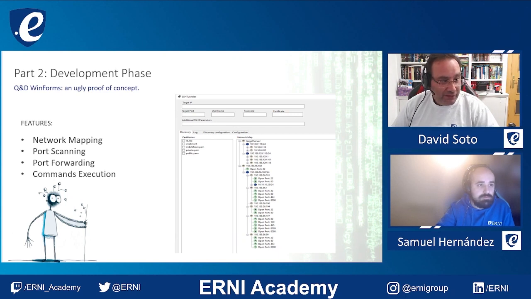The second one is I want to make the port forwarding easy. So I want to click on a port and say, hey, this port, I want to map it to this machine. And this port, of course. And the last and the most powerful one is to run commands. So here